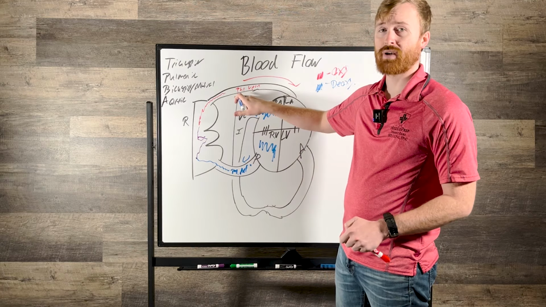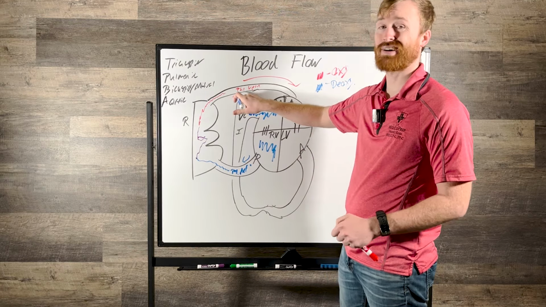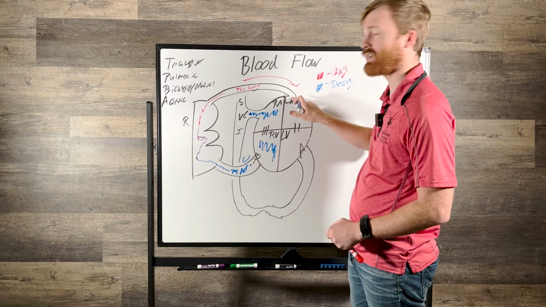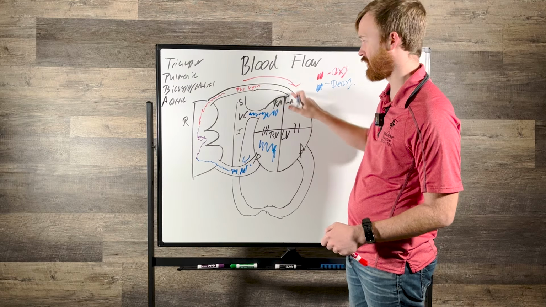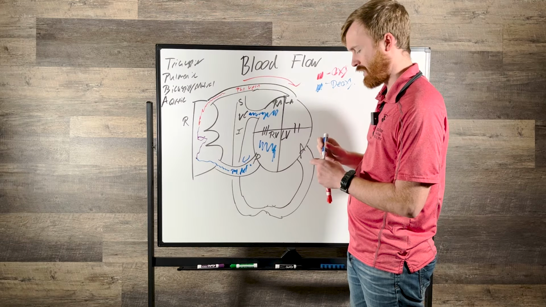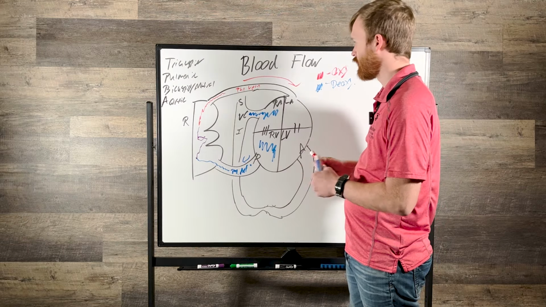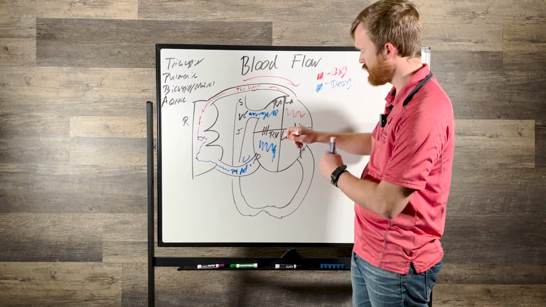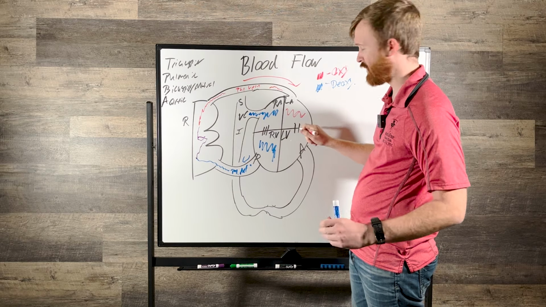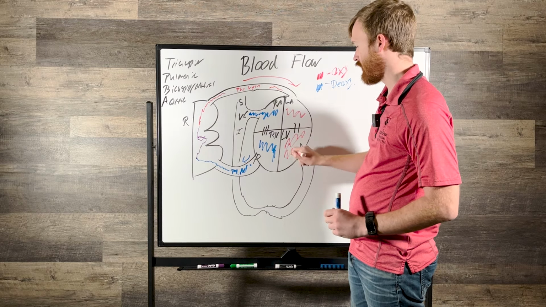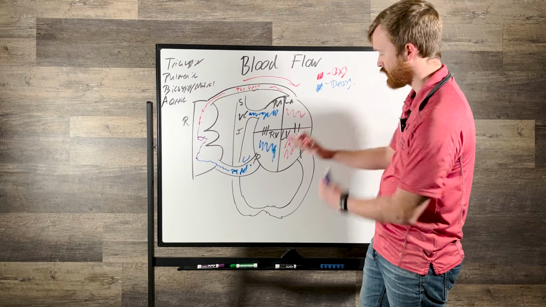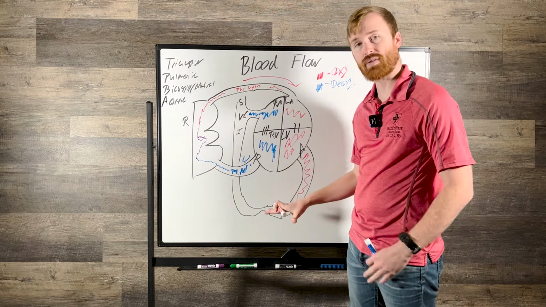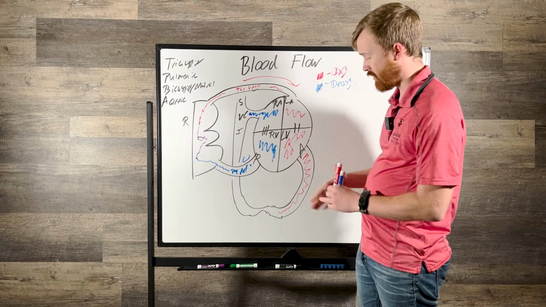Our pulmonary vein is returning oxygenated blood to my left atrium, and there's not a valve right here that separates where my pulmonary vein just drops into my left atrium. So I have this oxygenated blood in my left atrium. My left atrium squeezes and pushes it through the mitral valve, or the bicuspid valve, into my left ventricle, which is then going to squeeze